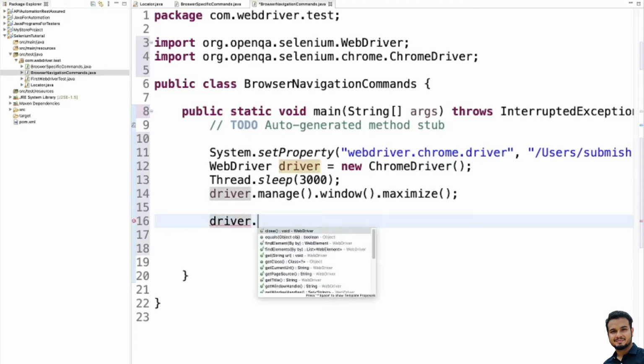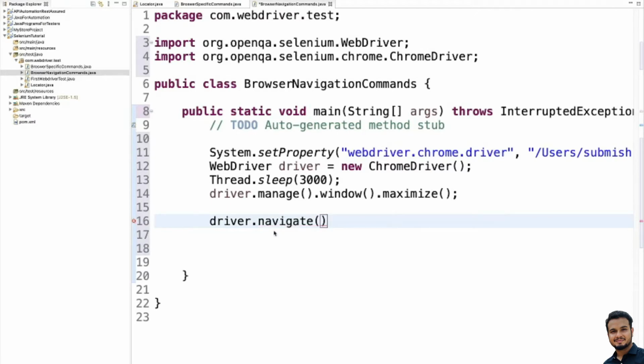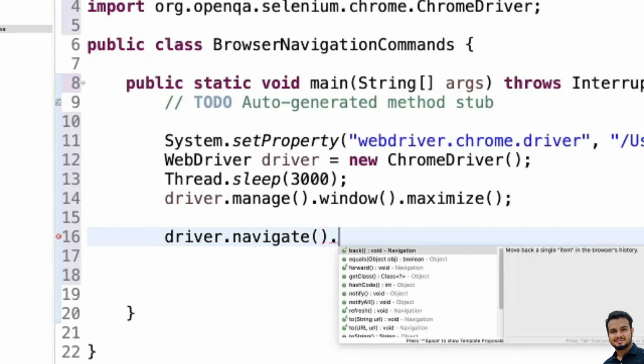So just put driver dot and write navigate, then put a dot and you will see all the different methods available for navigation. Here you can see back, forward, refresh, and to. So these are the methods available for navigation.